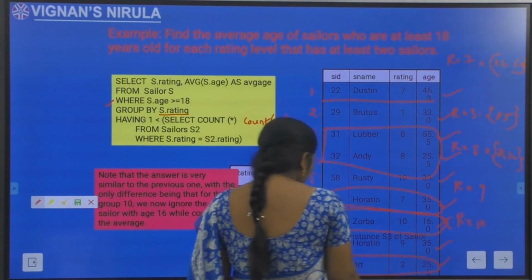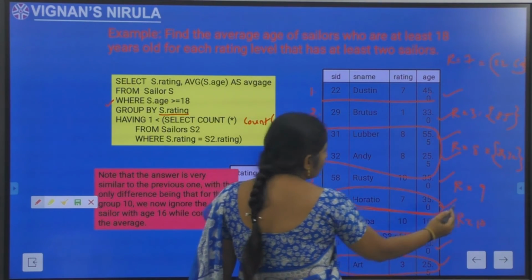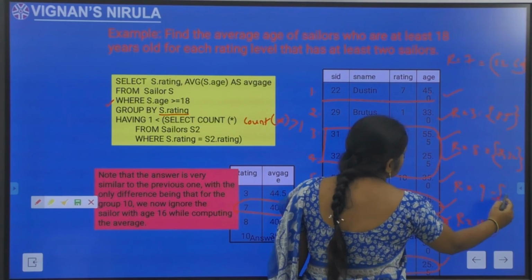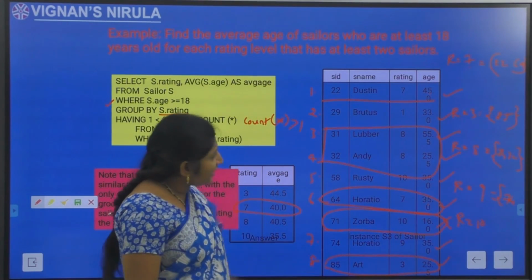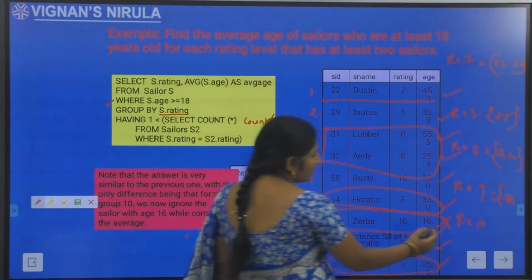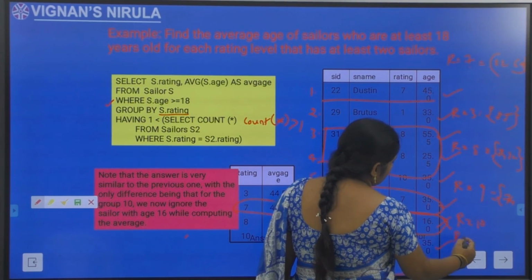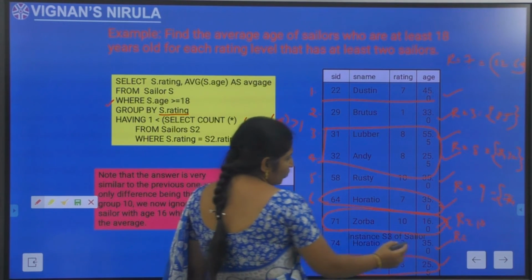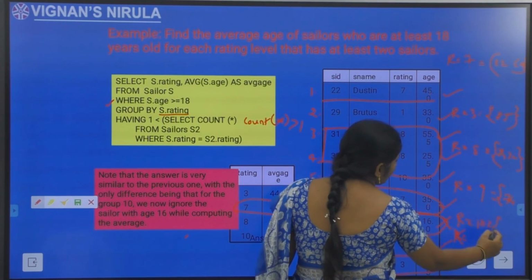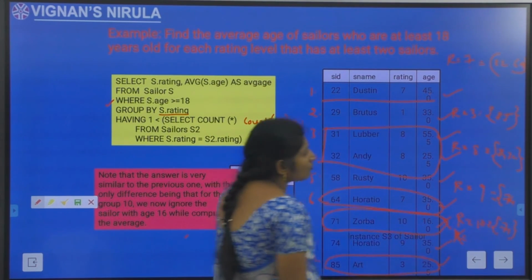For the rating level 9, how many sailors are available? Only one, that is 74. For the rating level 10, how many sailors are available? Only one sailor, that is 71.